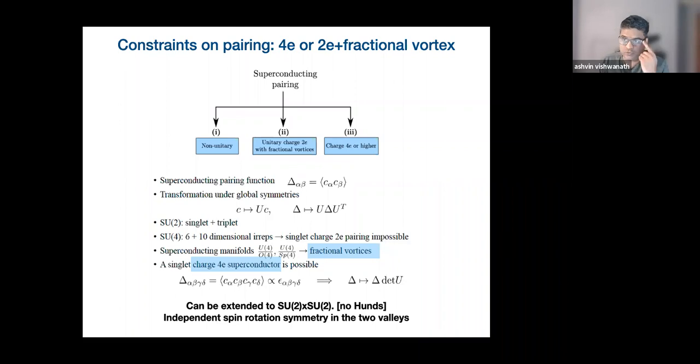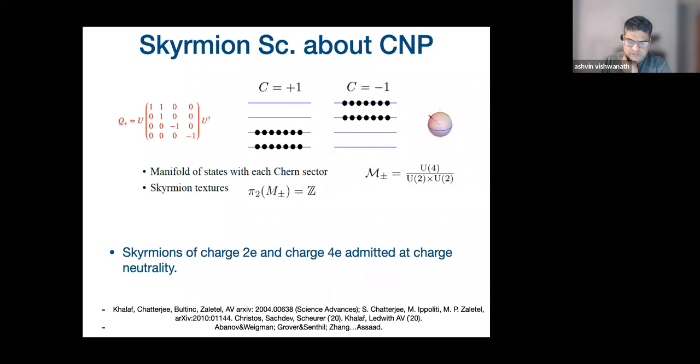For example, could you get a charge 4 superconductor naturally in this setting? Could you get charge 2 that breaks these other symmetries? Of course, to get charge 4 superconductivity, you need a strong coupling theory. You don't get that in a weak coupling theory. So we talk a little bit in that same paper about a skyrmion mechanism for charge 4 superconductors. So again, this is the ground state manifold that we talked about. You fill 2 bands of Chern 1 and 2 bands of Chern -1.